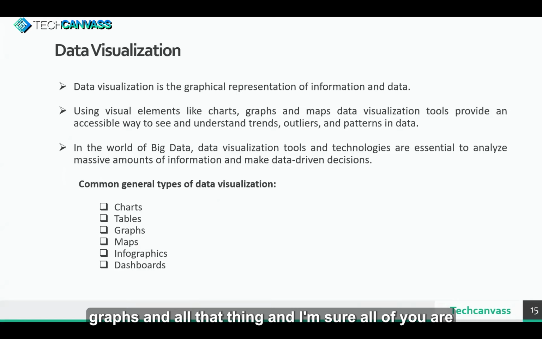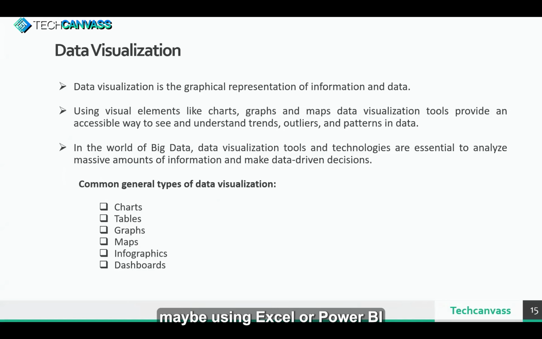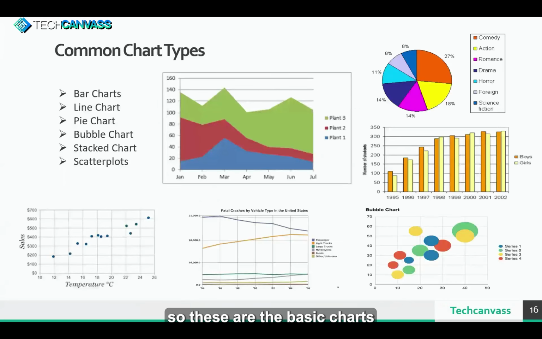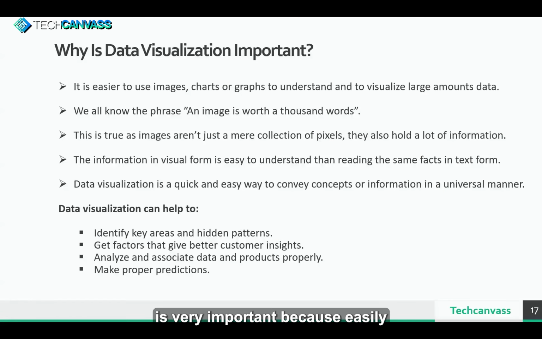And I'm sure all of you are already creating these reports and dashboards somewhere, maybe using Excel or Power BI or Tableau or any other BI tool. Okay, so these are the basic charts. I'll not go into too much detail. Rather, I'll just quickly walk through the slide and move to the practical demo. So data visualization basically is very important, because easily your audiences get to know what you are trying